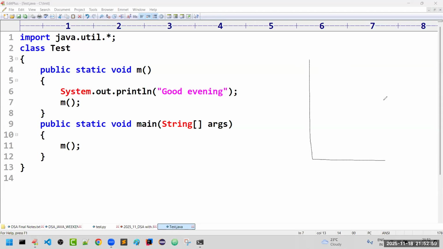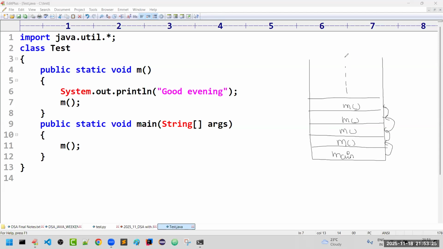So internally, what will happen? One stack will be created. What is the first entry in the stack? Main method. Now, main method is calling yum. Correct? Now, this yum is calling another yum. Sir, this yum is calling another yum. Sir, this yum is calling another yum. Like it is a never ending process, right? Sir, how many times? Because